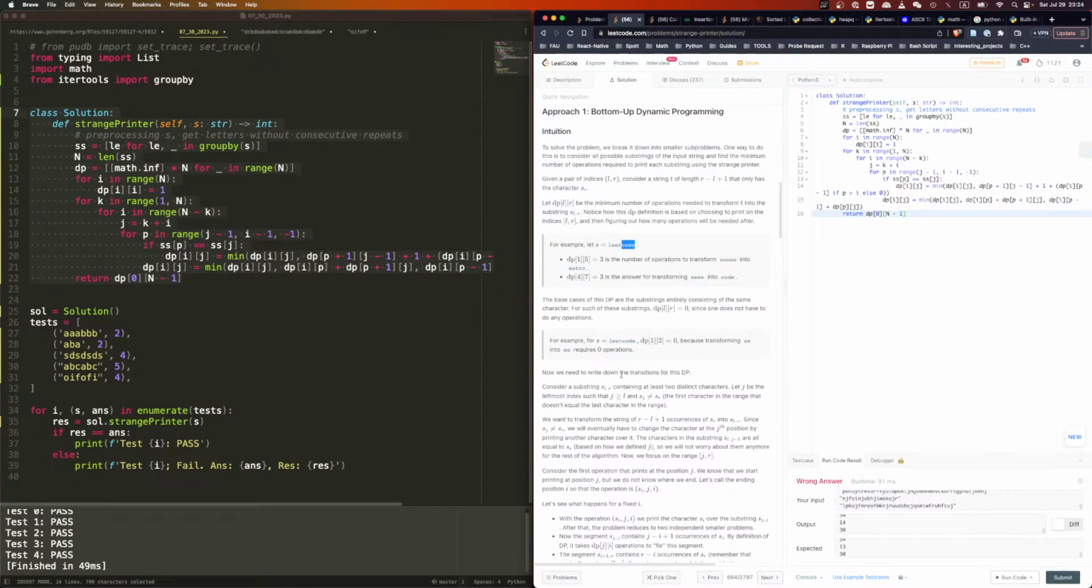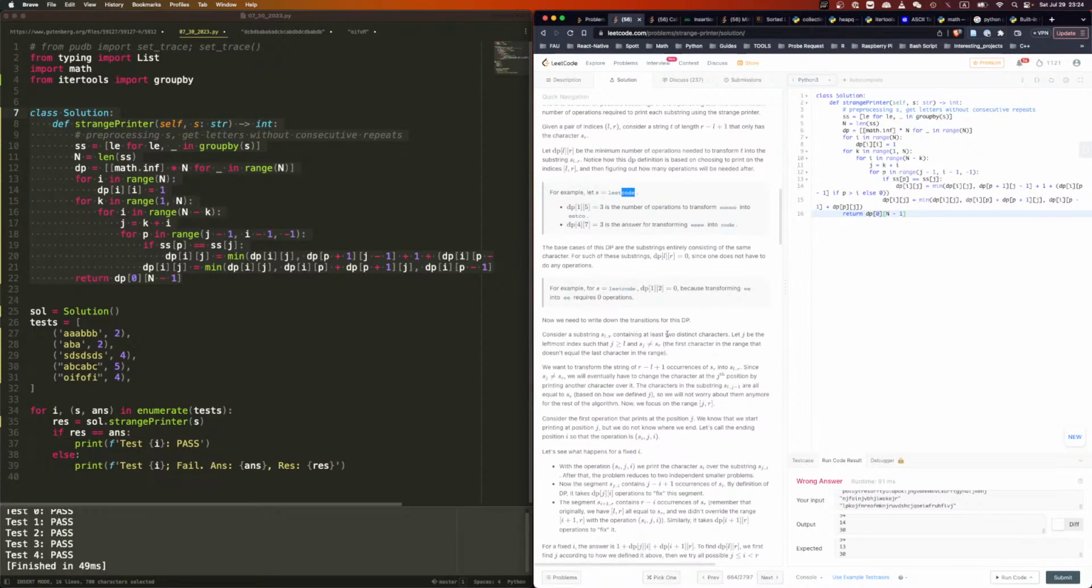Now to write down the transitions of this DP, consider a substring L to R containing at least 2 distinct characters. Let J be the leftmost index such that J is larger than L and S_J is not equal to S_R. We want to transform the substring into occurrences of S_R. Since S_J is not equal to S_R, we'll eventually have to change the character at J's position by printing another character over it. The characters in the substring L to J minus 1 are all equal to S_R, so we don't